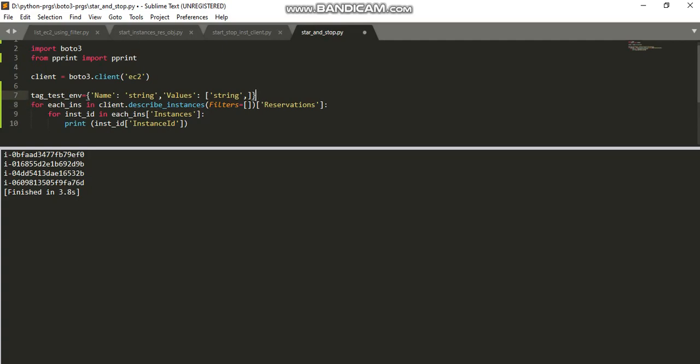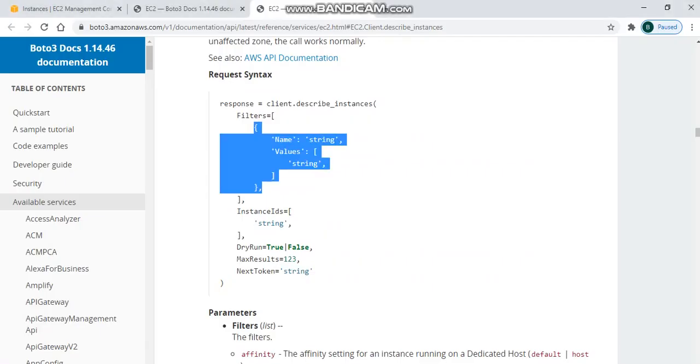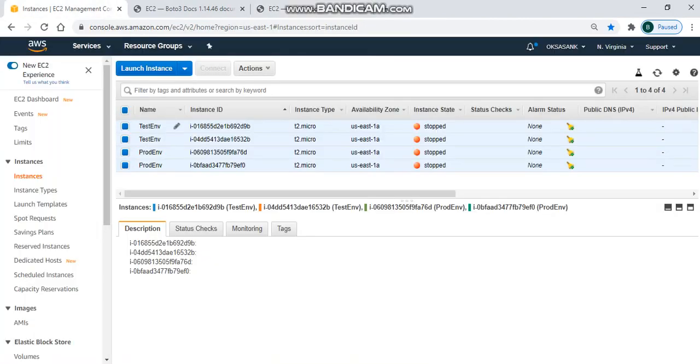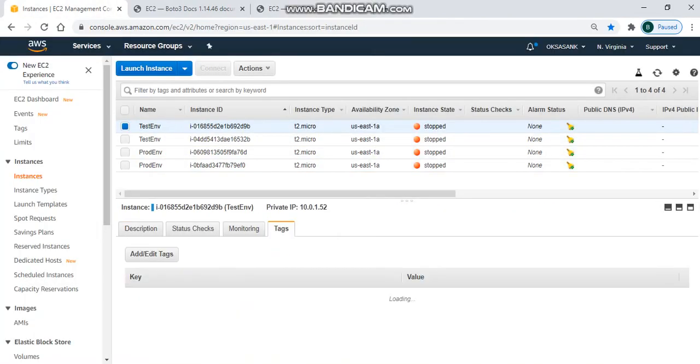Here I want to pass the tag name and tag value. My tag name is test environment, right? My tag value, let me copy from my instance. So my tag value of test environment here is test env. This is the key value for the tag.